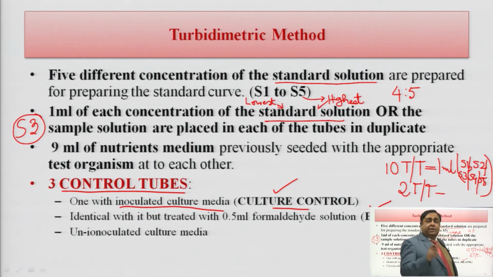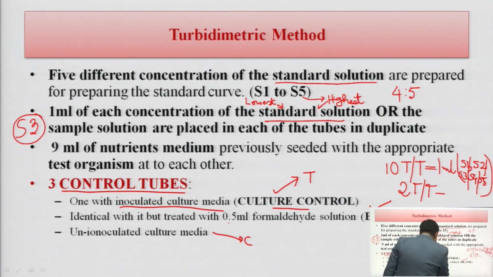If accidentally there is no turbidity in this culture control tube, it means the nutrition was not properly given in the nutrient media which you have prepared, that was not complete. Therefore, ideally this should be turbid, this should be clear,